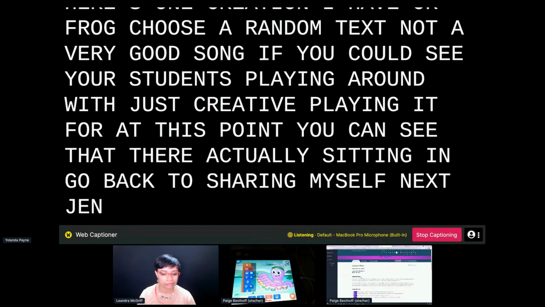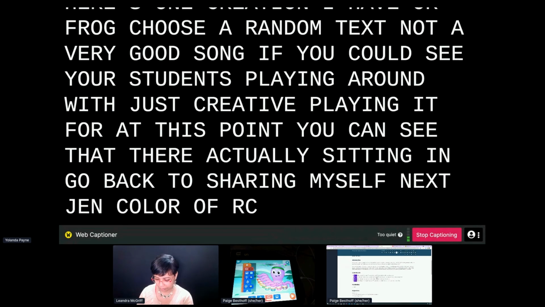Again, here's the lesson plan, and these are the code blocks that they're introducing us to. So set the size of the shape. There are 8 different sizes to choose from. We're going to be able to set the color of our shape. They can choose 7 different colors or random.